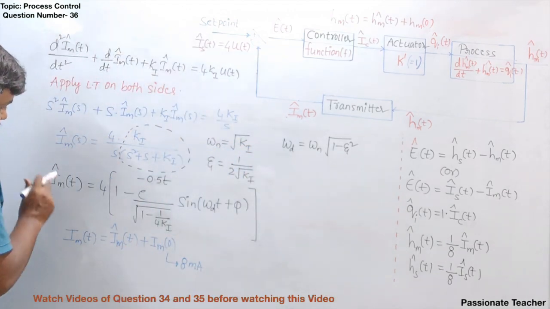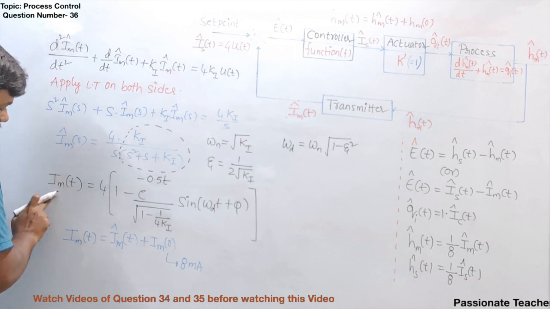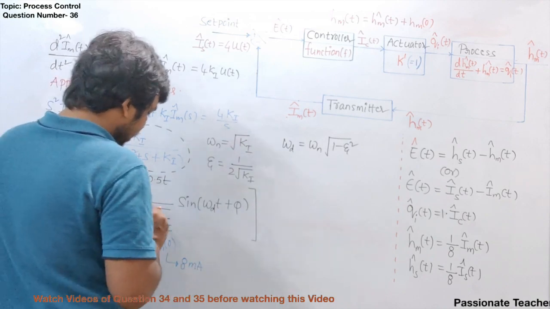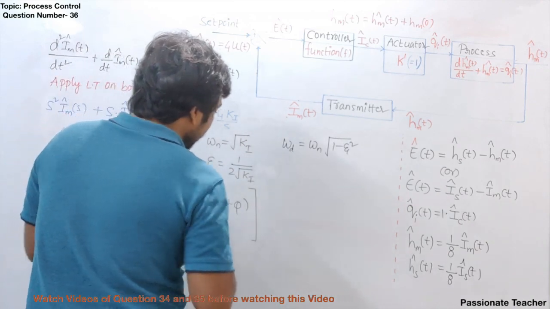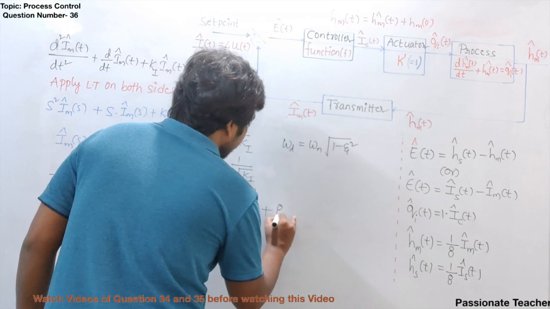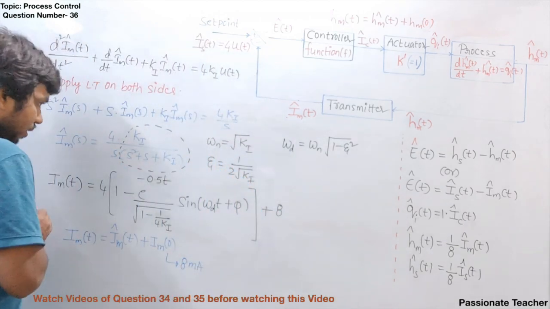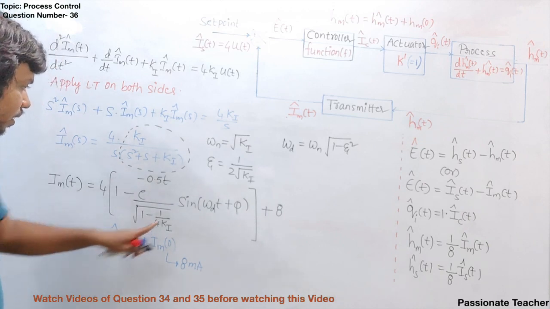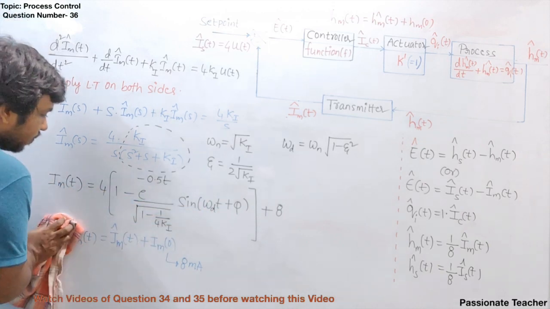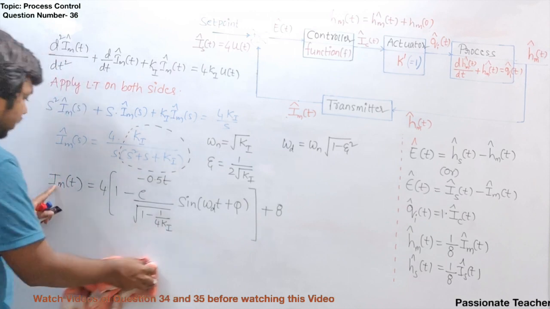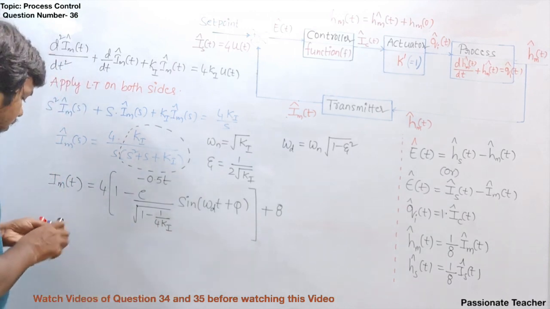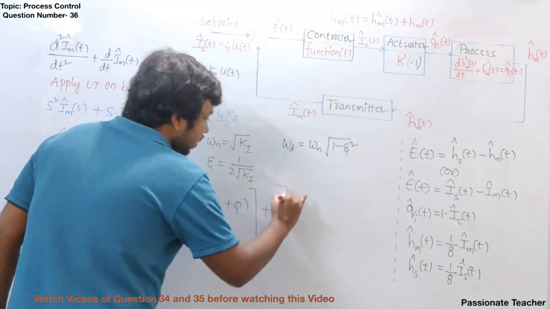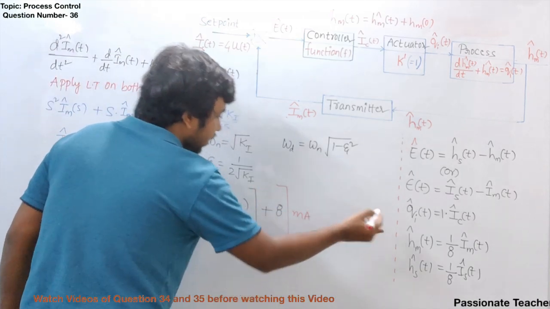Now let me say, instead of Im cap of t, let me write this as Im of t. That will be equal to Im cap of t plus, here now we are going to have 8 milliampere. So because earlier we calculated Im cap of t, now I am adding this to the previous equation. Altogether now it is going to be your Im of t. Correct? So in fact, this whole value will be in milliampere. This is what I would like to say.